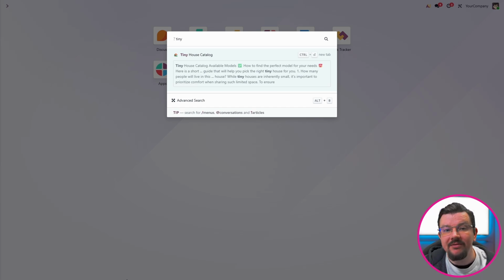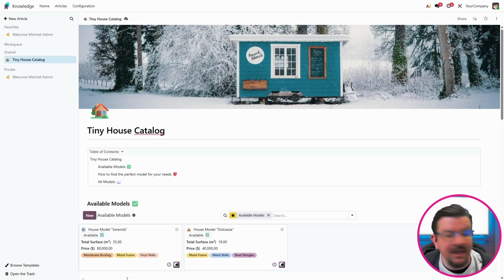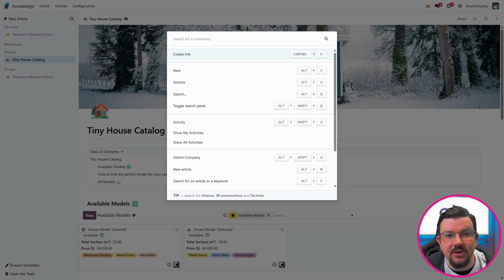So we can put information for our staff in here, and this command panel using this question mark search will search all of those knowledge articles, both the title and the content, and we can easily search for it. So if I hit enter now, there we go. It takes me to the Tiny House catalog that is in our knowledge base. So the command panel is an easy way to jump around the system and find various different things that you